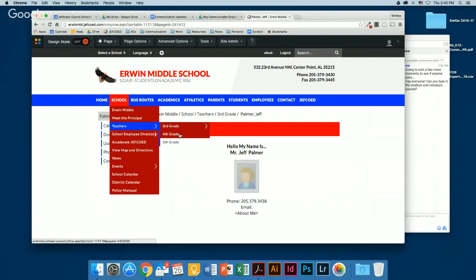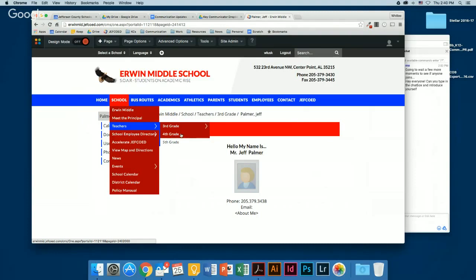So once the person's been added to Active Directory, we can then give them permissions. They do not have to be in Active Directory for you to create their page. So if you want to go ahead and create their page even before they're in the Active Directory, that's totally fine. We're just going to make up a person right now.